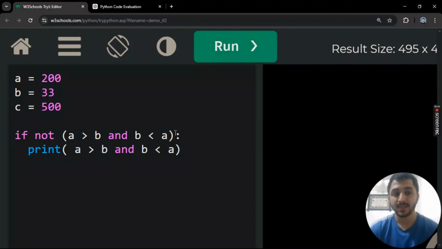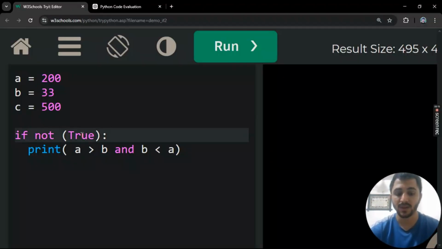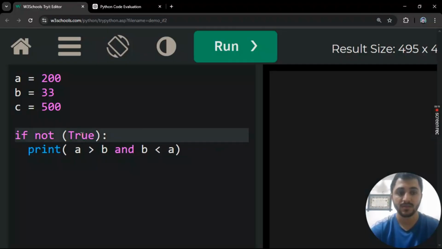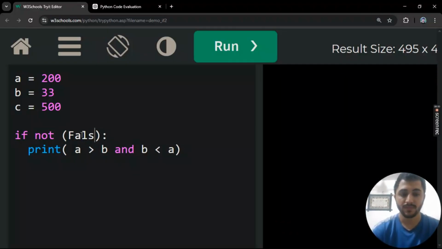Mm, it is making its opposite, that's why it's not printing. So we should make it true. So it will be false, so it will oppose it and make it correct. So if we run this, the statement becomes true, and now it's telling it's true